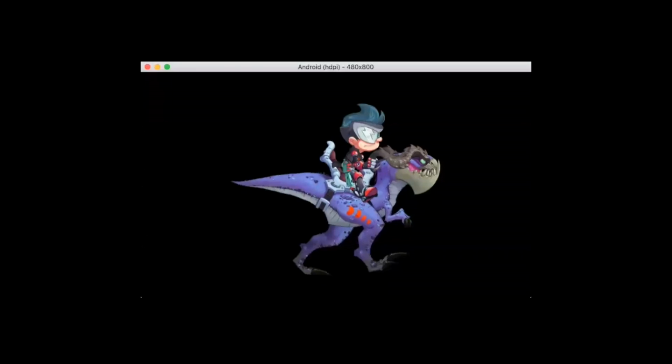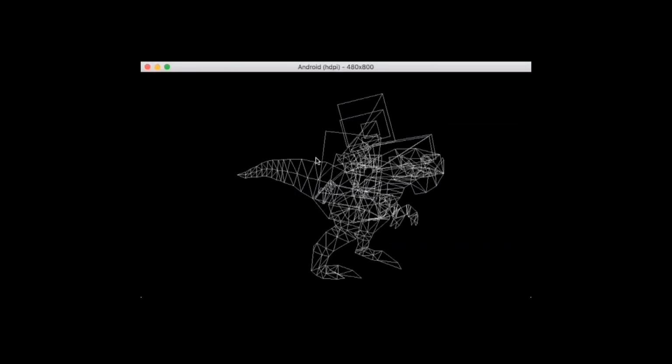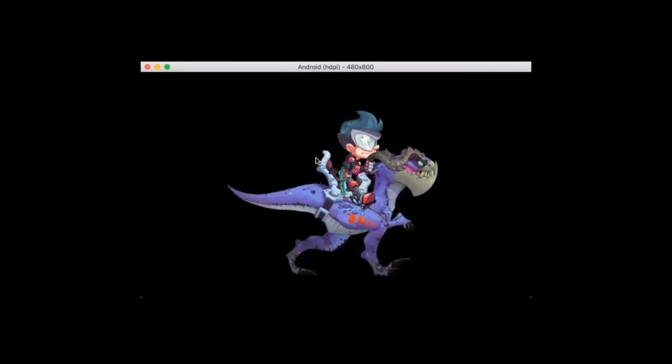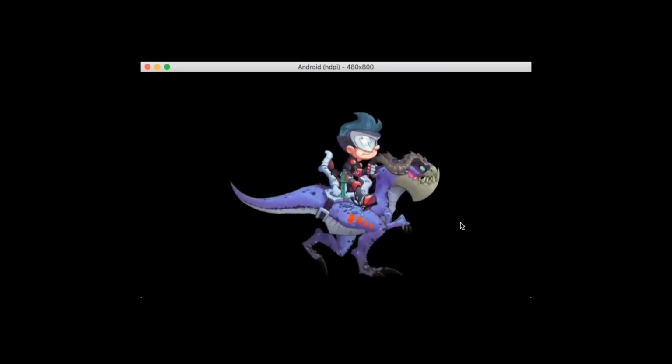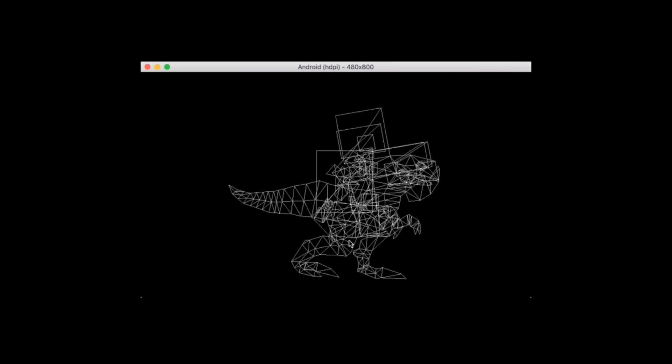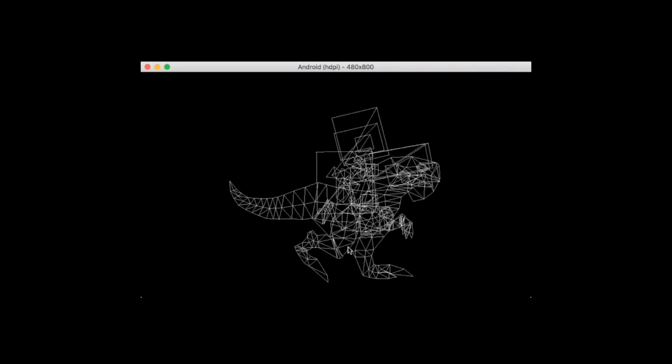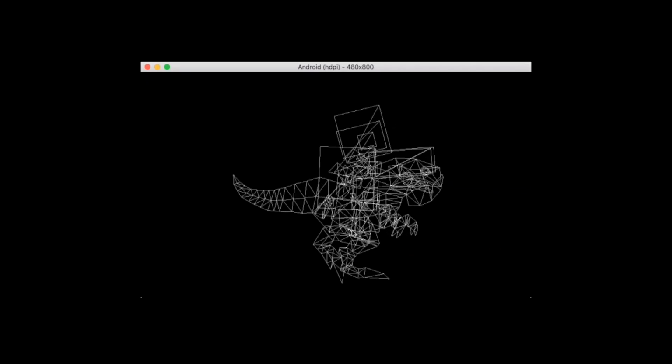Okay, let me show what I got. I have to open a project. Here's the actual latest example Spine has. Just so you know, we don't see your screen yet. Okay, there it is. It's a boy riding a T-Rex. I did the same thing as you just saw. We can click and see, if you look at this leg, it's not just switching. It's actually deforming while it's moving.